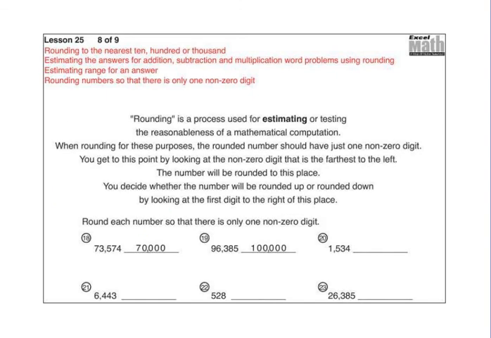Rounding is a process used for estimating or testing the reasonableness of a mathematical computation. So we use rounding to get an approximate answer. When rounding for these purposes, or estimate I should say, the rounded number should have just one non-zero digit. You get to this point by looking at the non-zero digit that is at the farthest to the left. The number will be rounded to this place. You decide whether the number will be rounded up or rounded down by looking at the first digit to the